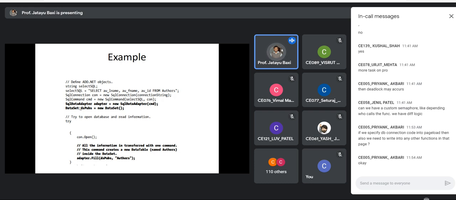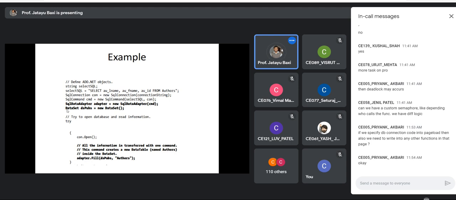These two are the new things: we create an instance of SQL data adapter object, and in the constructor we pass the command object. That means this adapter will work on this particular command, which is nothing but the select statement.